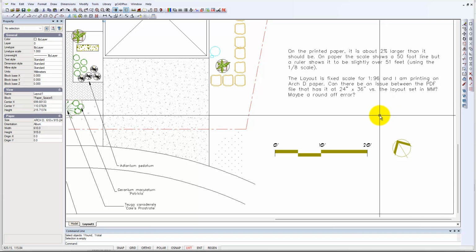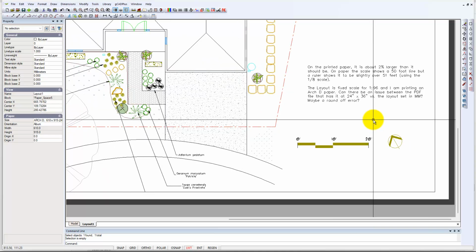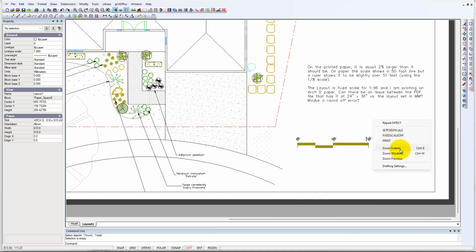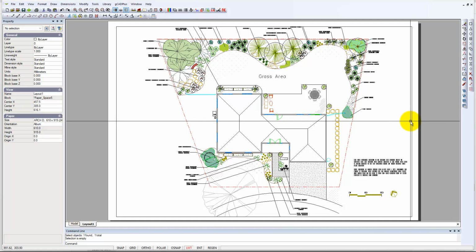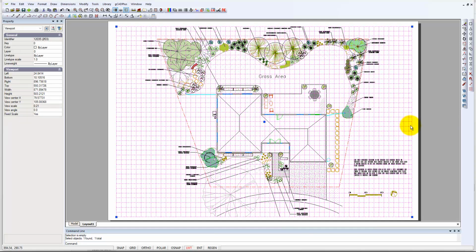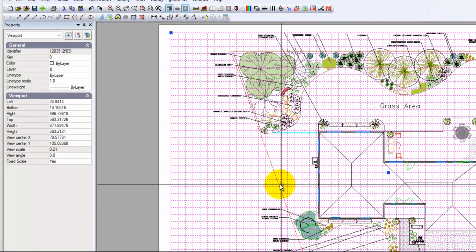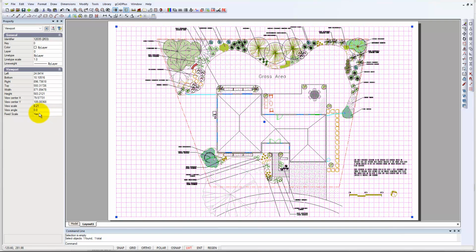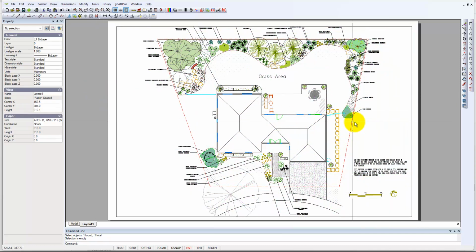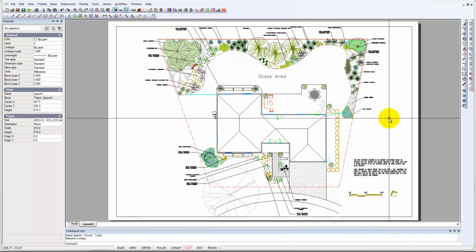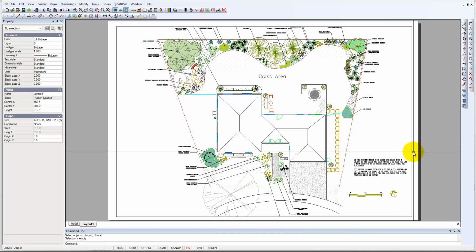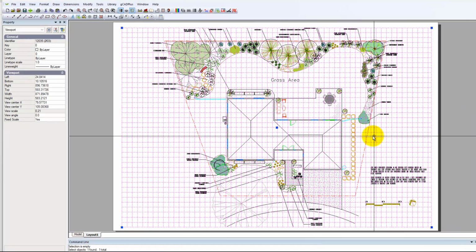I don't have the particular design, but what I've done, let me zoom extents. I've created a floating viewport on top of a design and model space, and you notice that the view scale is 0.21, but also notice that it's set as a fixed scale. So we want here to print to a scale of 1 to 64, and the simplest way to do that